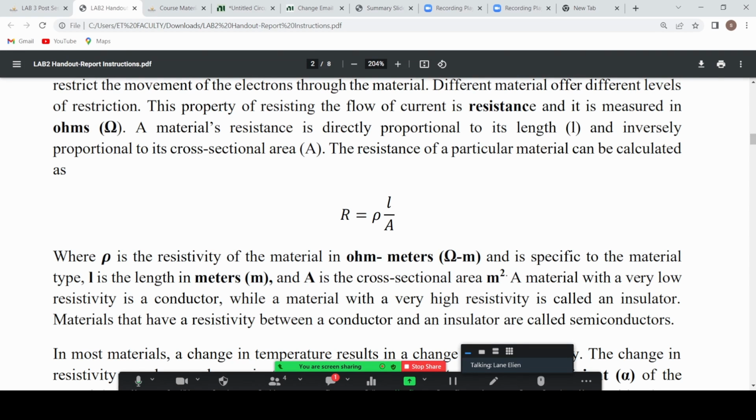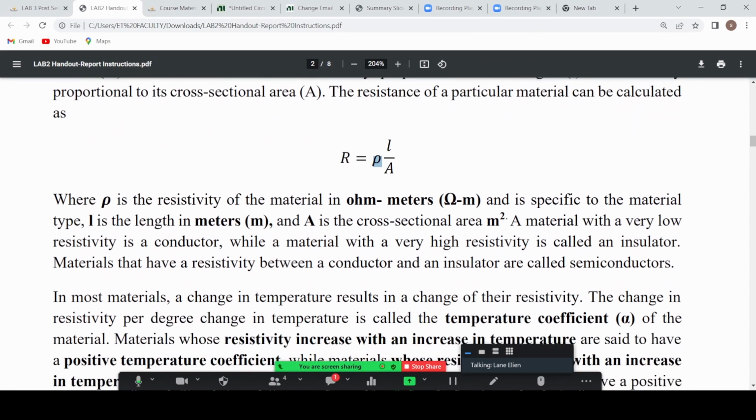A material's resistance is directly proportional to its length. That means the longer the material, the more resistance it's going to have. It is also inversely proportional to its cross-sectional area. That is, the larger the cross-sectional area, the lower the resistance. The resistance of a particular material can be calculated using this